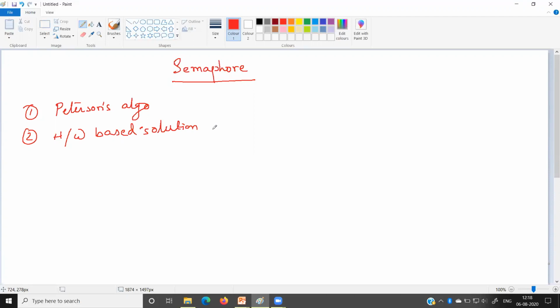First of all, the Peterson's algorithm is used to solve the critical section problem between two processes. If more than two processes want to access the critical section, then Peterson's solution will not work. The second one is the hardware based solution. It is really difficult to implement for the application level programmer. So we need a better solution which is easy to implement by the application level programmer. Semaphore is a solution which can be easily implemented at the application level. Now we will discuss the semaphore.